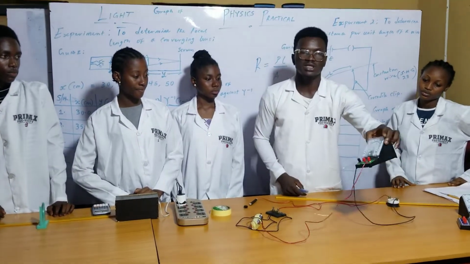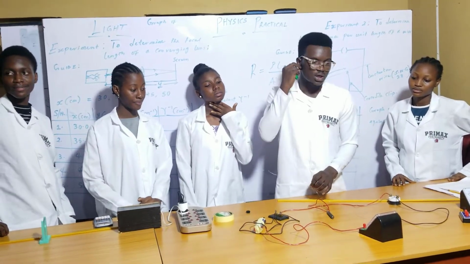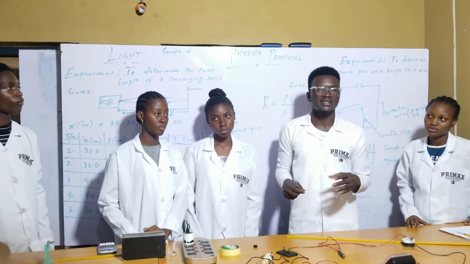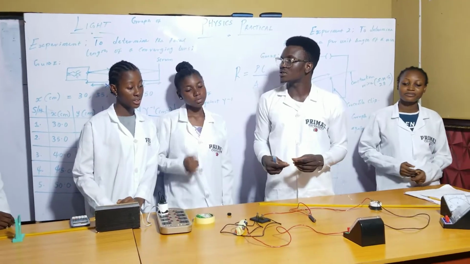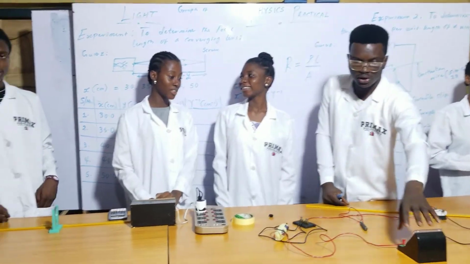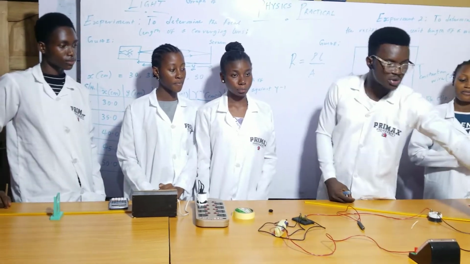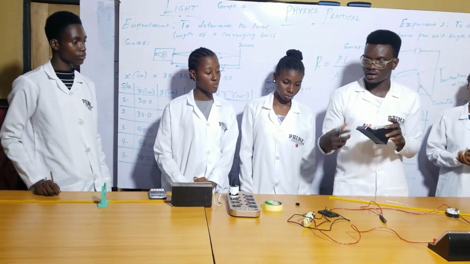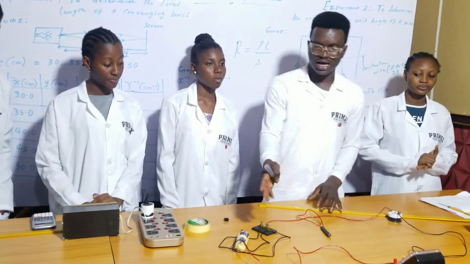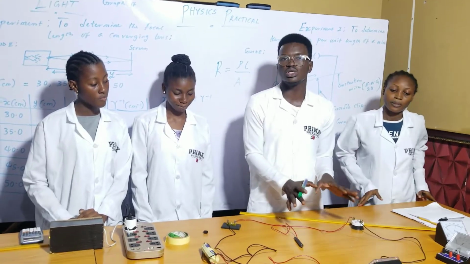Now this is our voltmeter. Now this is our ammeter. Our ammeter helps us to read what? Currents. And when it reads currents, how do you connect it? In series. You have forgotten everything, abi. You must learn to connect your ammeter in series so that it can measure the current accurately. You connect your voltmeter in parallel. Is that taken? So that's what you do. Now, I already have the connection in order not to waste our time. So that is what we want to do with this experiment.